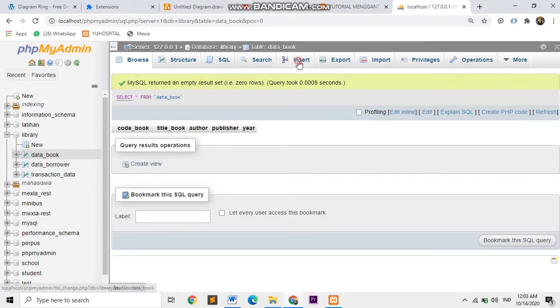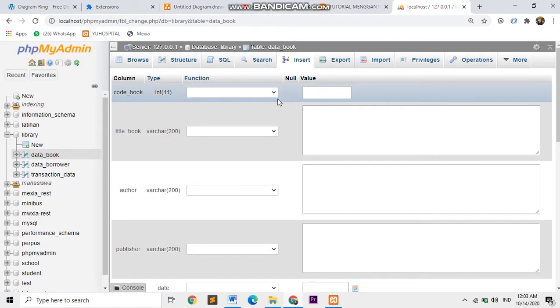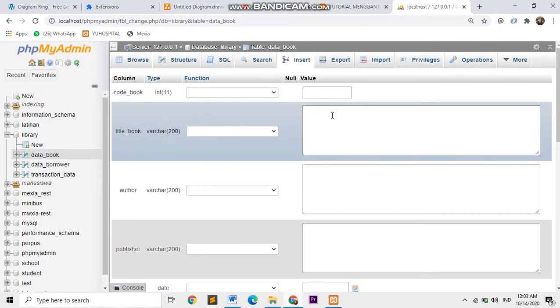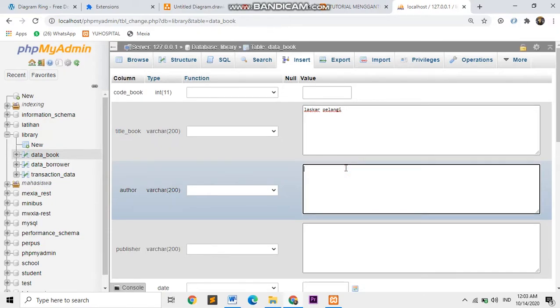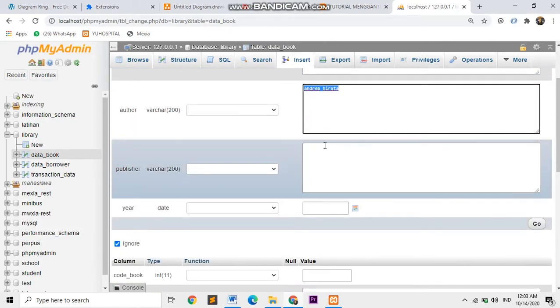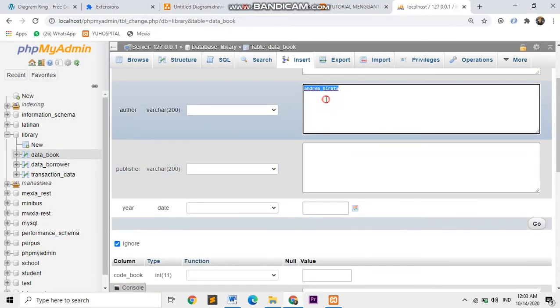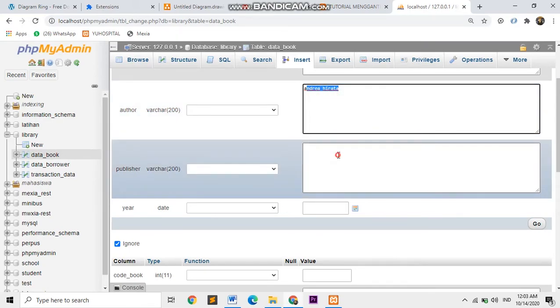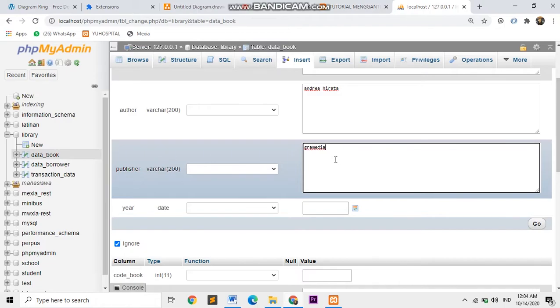And we insert data book, title of book, for the example Laskar Pelangi, author Andrea Hirata. Sorry if I'm wrong, I forget, but I remember Andrea Hirata. Publisher is Gramedia.